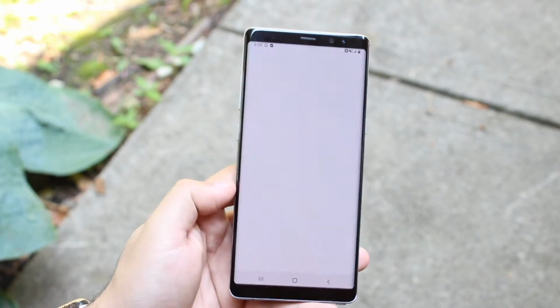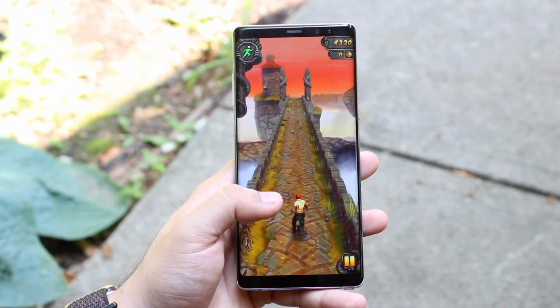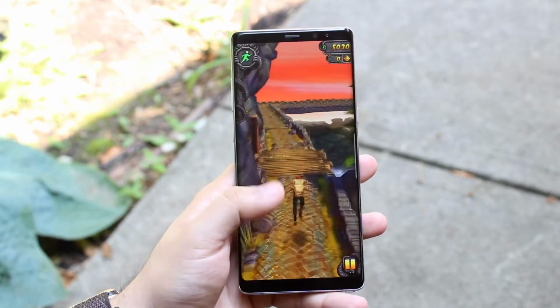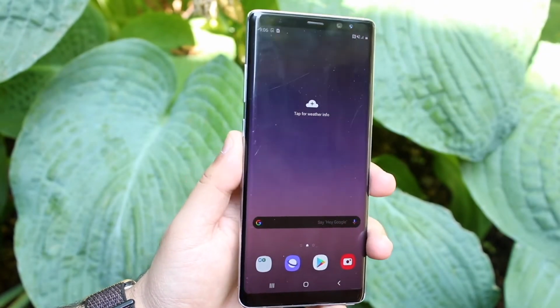It's not even comparable to something like a OnePlus that came out that year, or the Pixel 2, I think, or the Pixel 3 that came out this year. And even the Note 8 doesn't compare to those phones because of the software limitations. Even though internally this phone has much better hardware, it's just the software that really limits it, to be completely